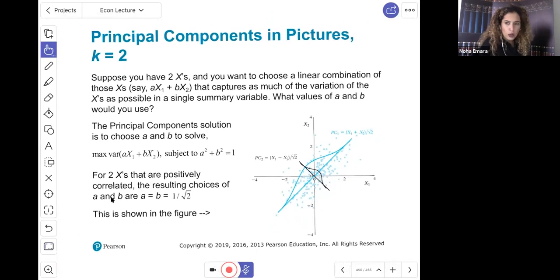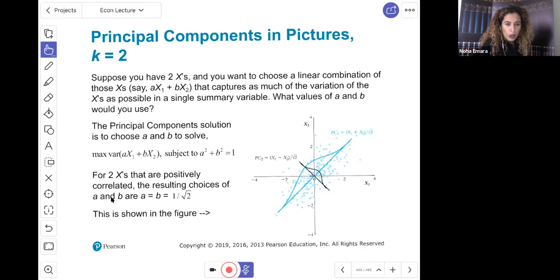The idea here is, what if I do have x1 and x2? So let's say x1 is corruption and x2 is rule of law. And you really want to use both of them to create one variable. So what principal component is doing in the background of Stata is maximizing the variance of the linear combination of a x1 plus b x2 subject to a squared plus b squared equal 1. So out of that, you get this figure in which you're trying to get a principal component 1 and a principal component 2,